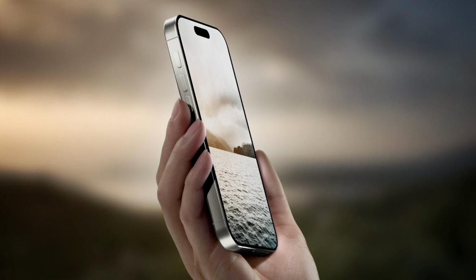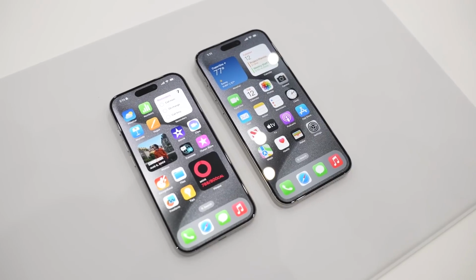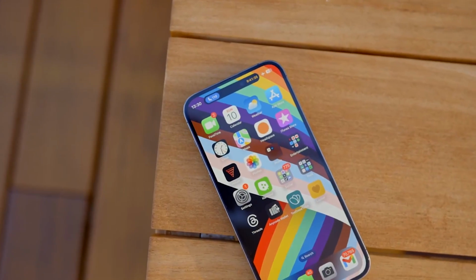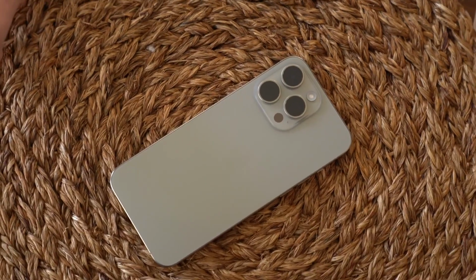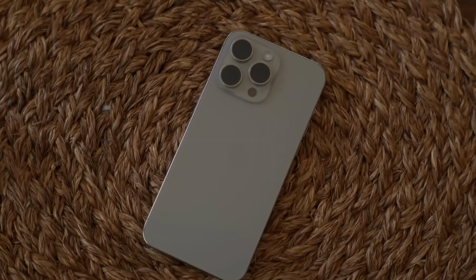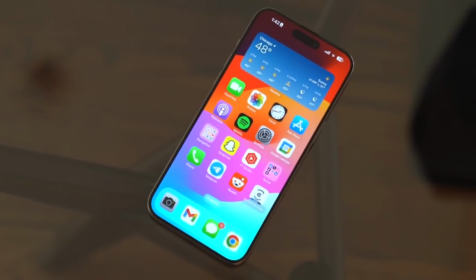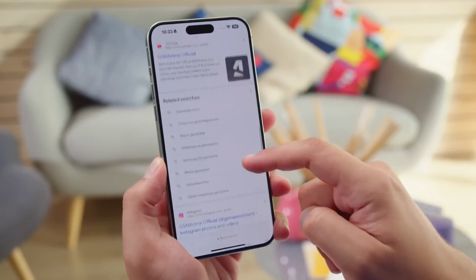Respected analysts currently expect Apple to push the screen to a bigger 6.9 inches over the 6.7 inches on the 15 Pro Max. We're honestly still just getting used to how massive the Pro Max models already feel, but stretching it even larger would definitely help Apple keep pace with rivals like Samsung. A bigger screen usually means an even more unwieldy phone though, so hopefully they shrink the bezels enough to keep